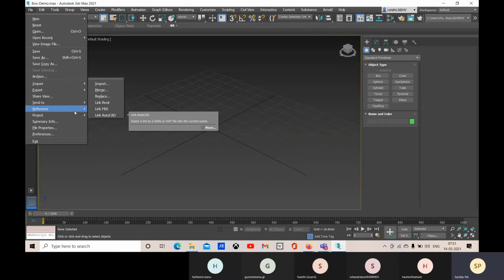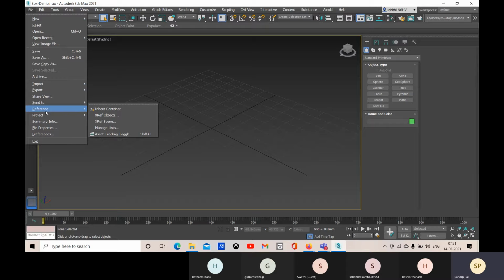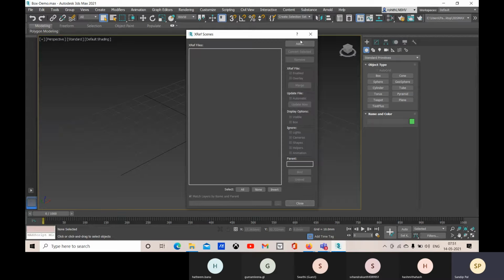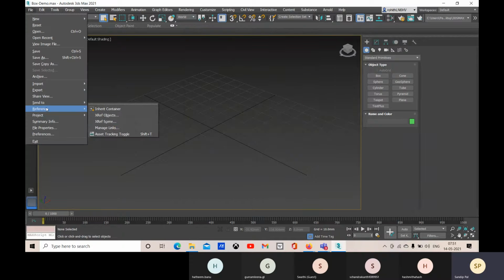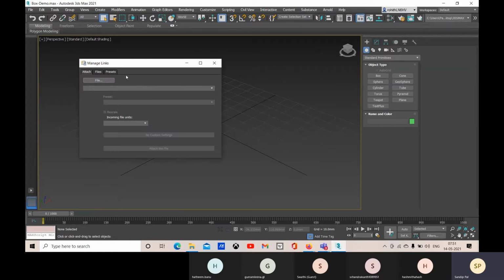And here you also have this xref. This xref option is available here, and you can choose xref objects or xref scene. So this can be managed here if you have any xref external reference file. Let me go with this reference, and here you also have this manage link.